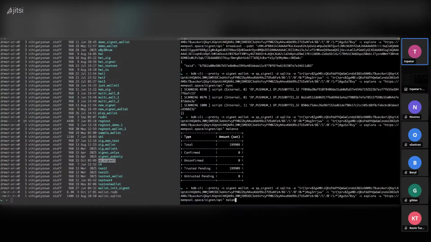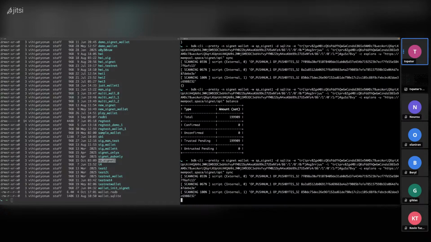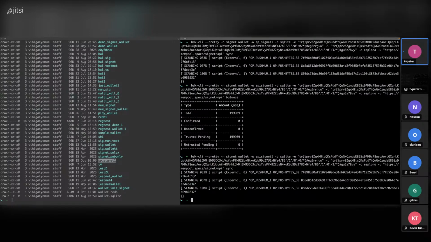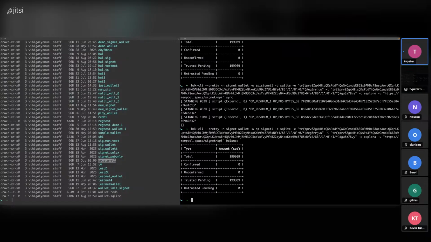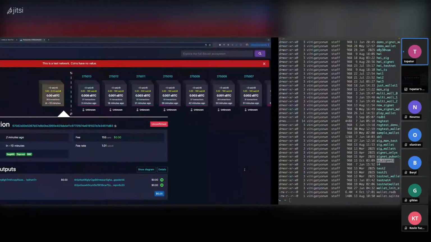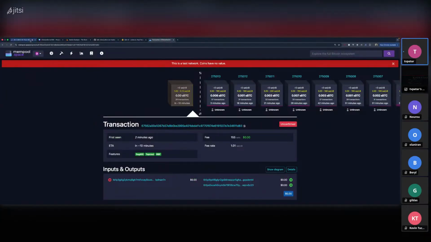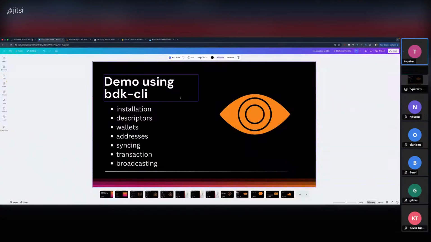So anytime you want to take a round trip to the blockchain to check, you can just call sync, and it will help you do that until that transaction has been completed. Yeah, so back